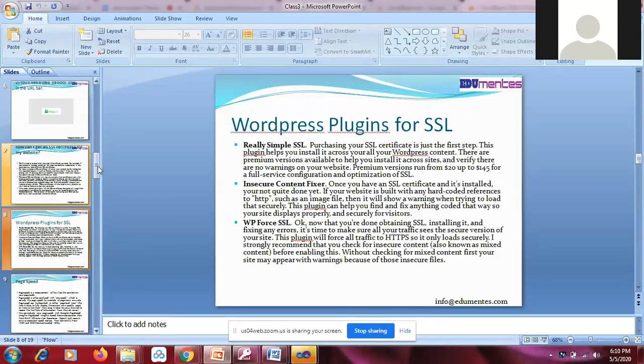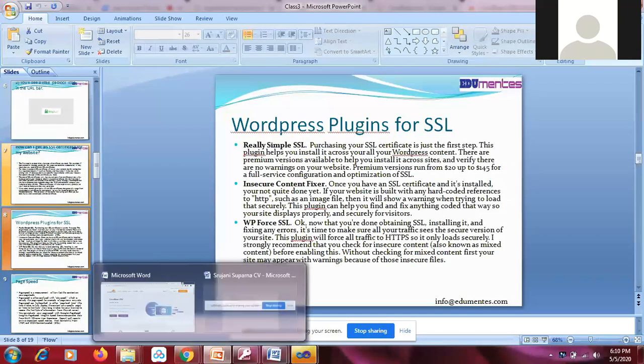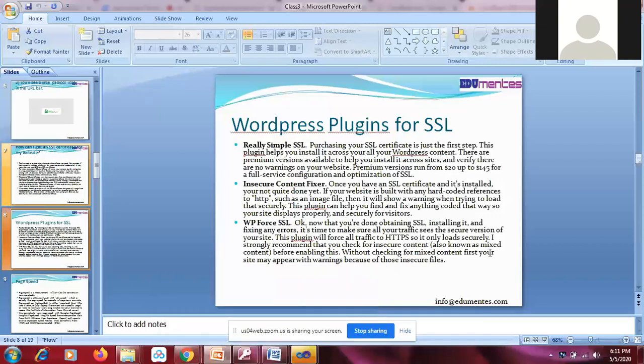So this was all about SSL. In summary, SSL does not play a huge role, but it does play a small role when you are talking of ranking a website. So whenever it comes to ranking the website in Google, every small thing is really important. So I hope you understood the